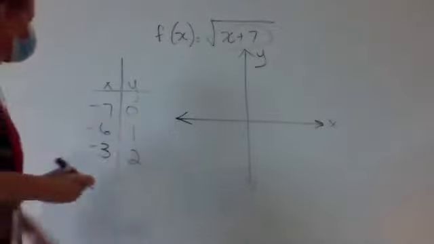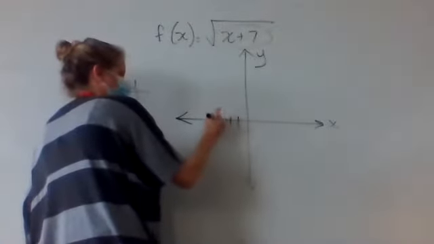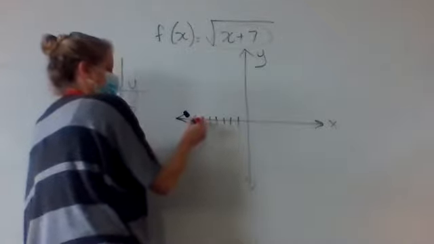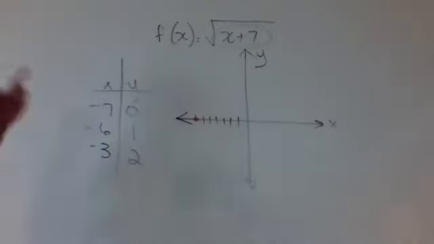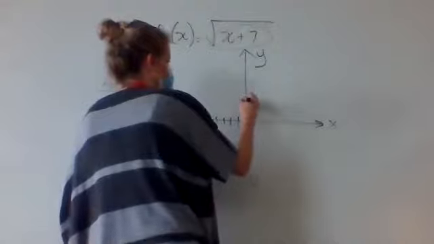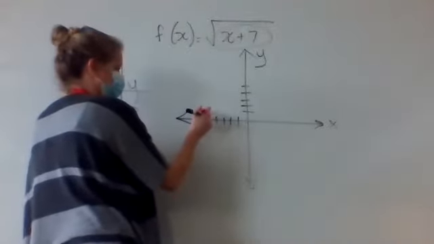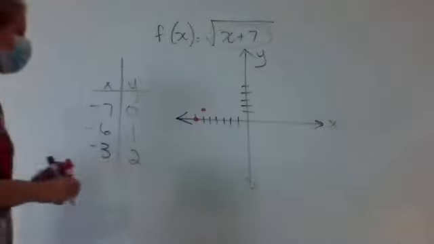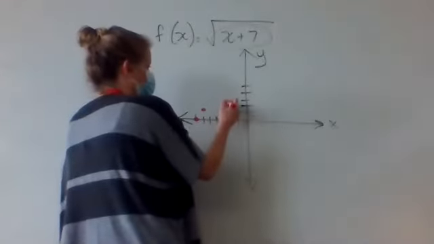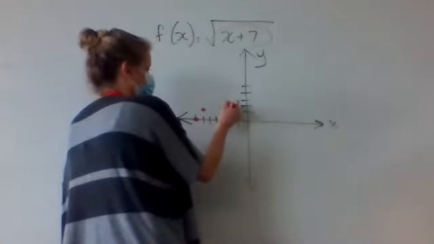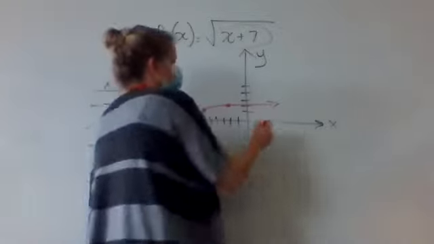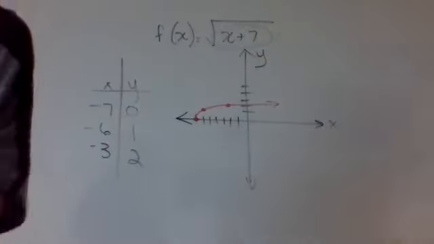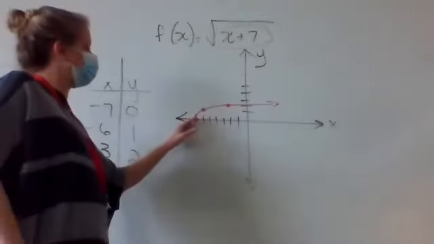So this first point is at negative 7, 0. So 1, 2, 3, 4, 5, 6, 7. So negative 7, 0. Negative 6, 1. So to the left 6 and up 1. And negative 3, 2. So to the left 1, 2, 3, and then up 2. So that's what it looks like, right? So the graph that you would choose would be the A graph, the square root moved to the left 7,